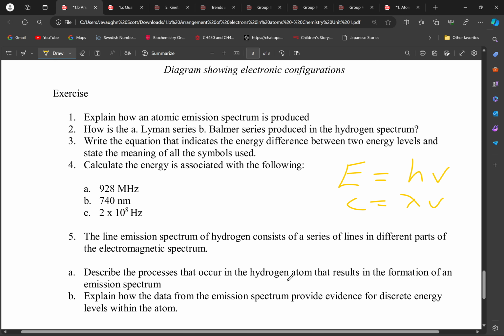Sir, don't we get these constants on the data booklet? You should, okay. Yes, there are constants that you will get, alright? But,